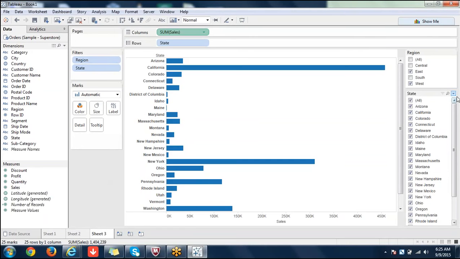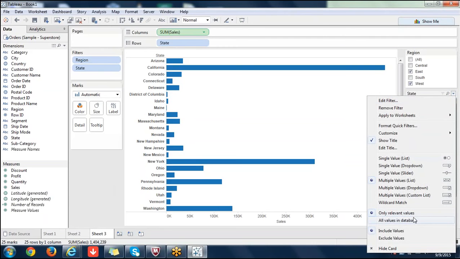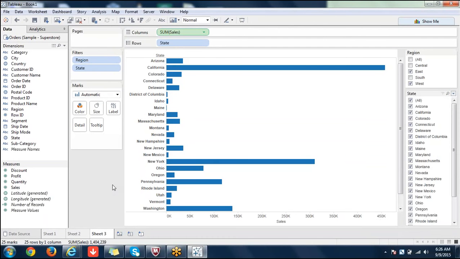The purpose of only relevant values is only cascading filters, and cascading filters and context filters functionality-wise don't have much difference at all. There is no difference at all. Cascading filters and context filters have the same functionality. You add it to only relevant values or you add it to all values in context, no difference, as long as there is a relation between two filters. If you are seeing filters like region and state, that's fine, but if I remove region here, now I pull in subcategory or such things here.